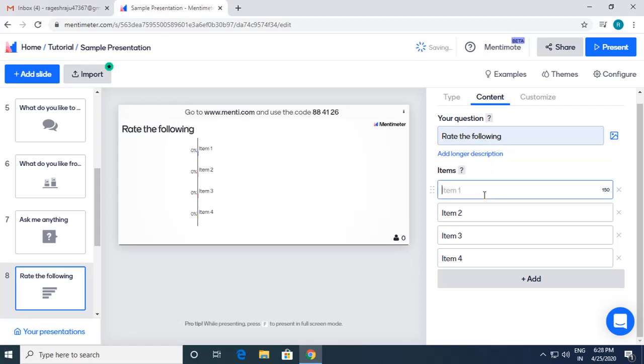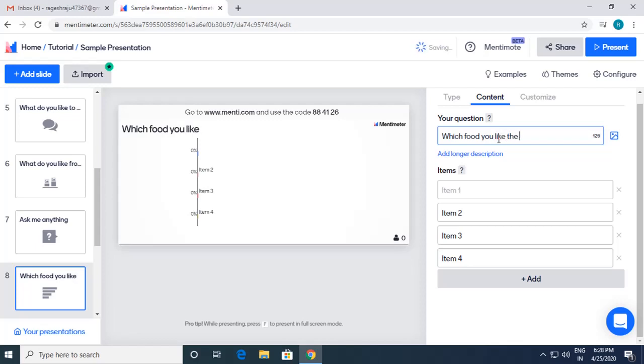Here also I'll just give the same option. Which food do you like the most? Sorry, don't think that I am a foodie. I just wanted to show an example, so I am just doing this.